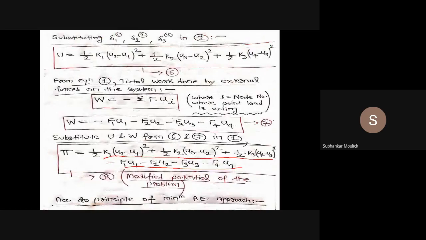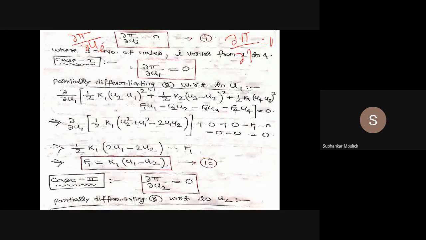Why? Because if you see equation number 8, it only varies if u varies. If u does not vary, equation number 8 will not vary. That means equation number 8, that is pi, is a function of u. So in order to minimize the total potential energy, you have to partially differentiate equation number 8 with respect to ui, where i is the number of nodes where the displacement is acting,